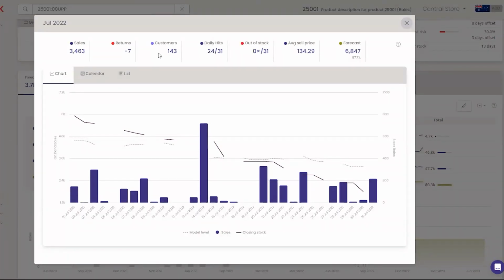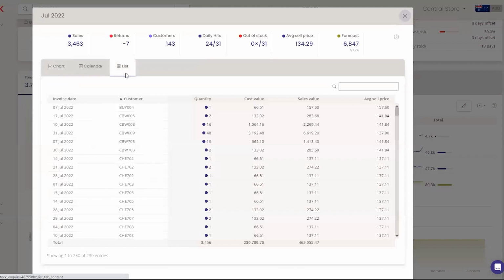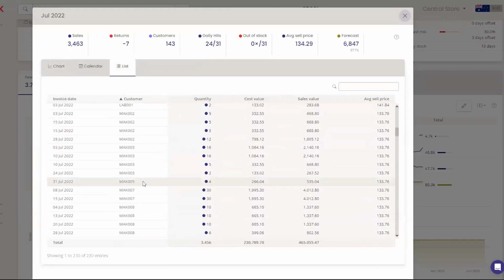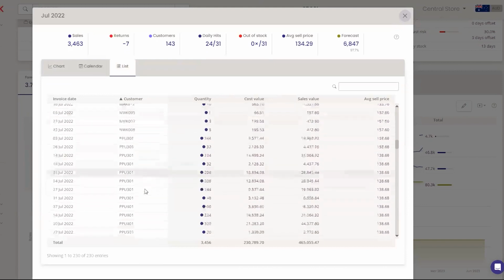And if we were wanting to forecast by customer group, I wouldn't recommend that we look at all of those customers. We would just pick the major ones, your really key ones, the ones that probably make up the top 80% of your sales volume, so that you can just focus on, again, that top 80%. If I jump into this list here, we can see all of the individual transactions again and the individual customer codes.